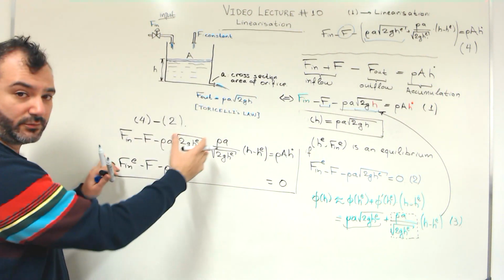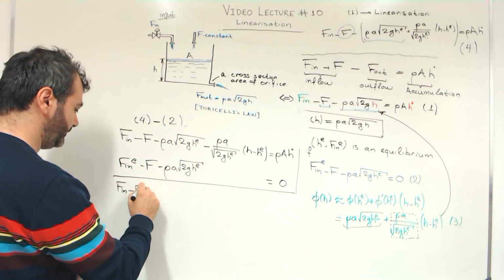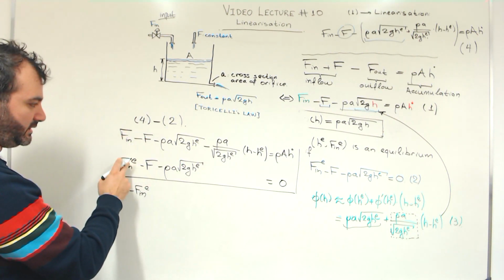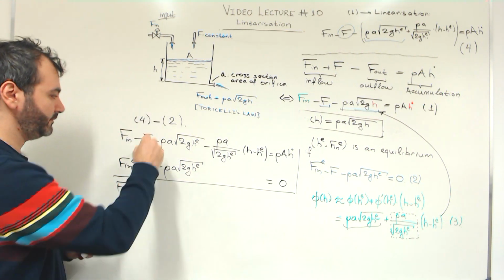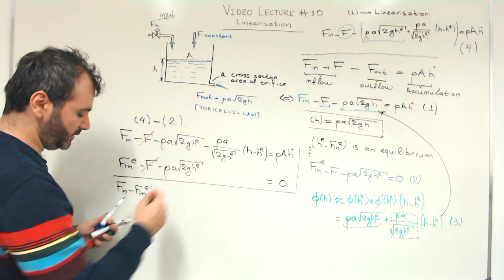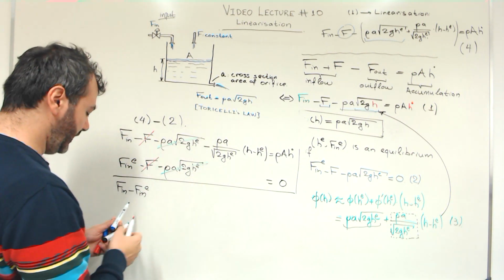And let us subtract one from the other. So we will have this term minus this term. These two terms are exactly equal to one another. These two terms again are equal to one another. And then we have